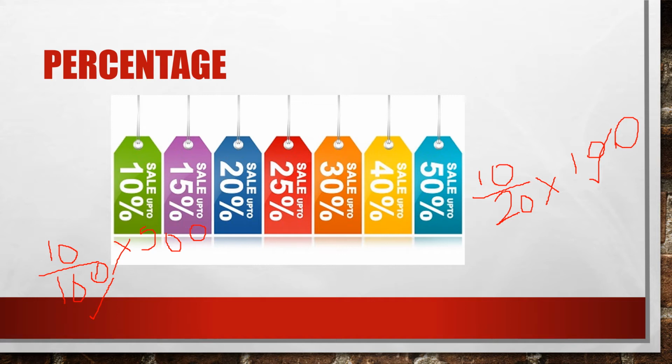When you have to convert a percentage into a particular amount, we divide it by 100, and when we have to find the percentage of a particular thing, we multiply by 100. I'll repeat: when the percentage is already given and you have to find the amount, you divide it by 100, and when you need to find the percentage, you multiply by 100. So based on this, children, we are going to solve the problem set.